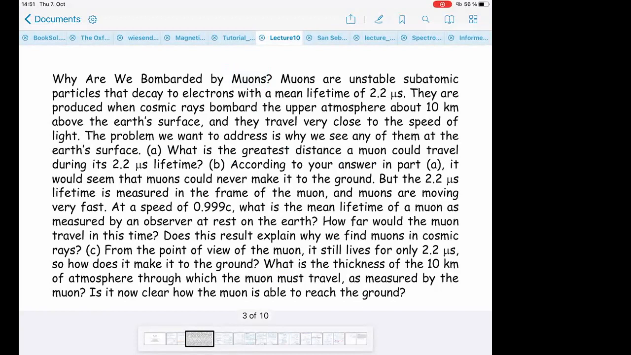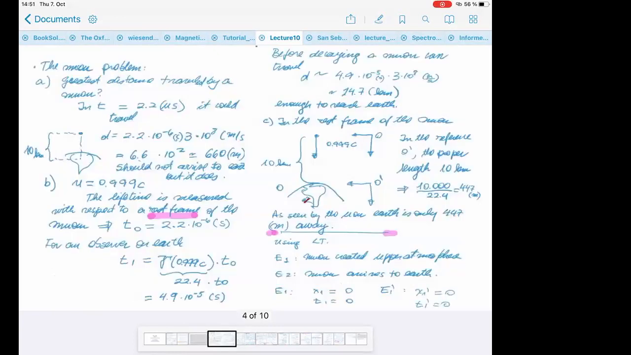So the first question is, what is the greatest distance a muon could travel during its 2.2 microsecond lifetime? According to your answer in part A, it would seem that muons will never make it to the ground. Let's explore that first, okay? Let's go to the second question here. So this is the muon problem. So the greatest distance traveled is